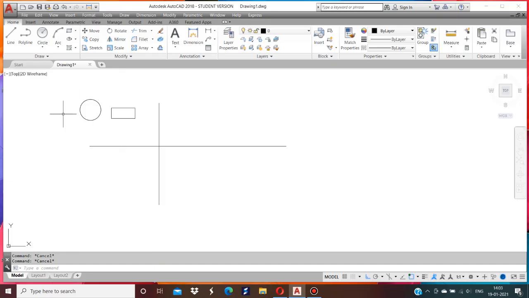I want to mirror this object, circle and rectangle, about the y-axis. So select mirror, select object, this circle and rectangle, intersection point, mirror.